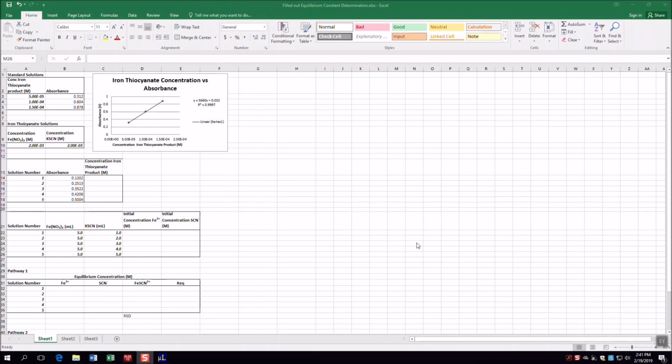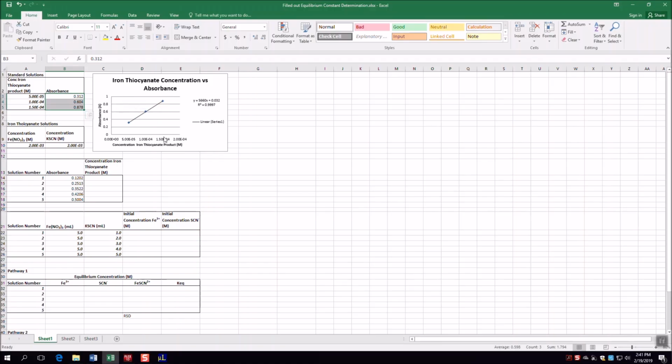So now I'm going to take some time to go over the math in Excel for this experiment. Now, this particular Excel sheet is actually going to be available to you in its entirety on Blackboard. However, when it's on Blackboard, these absorbances will not be filled in, and these absorbances will not be filled in. But the remainder of the sheet will be filled in as you see it here. This graph is based on these absorbances, so this graph will be blank when you come into lab,